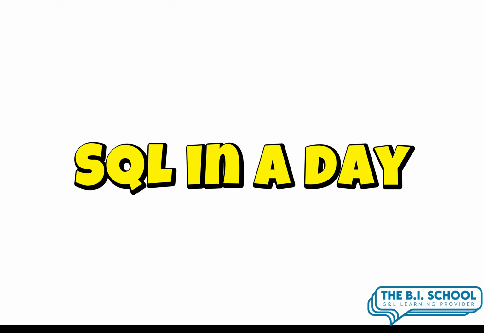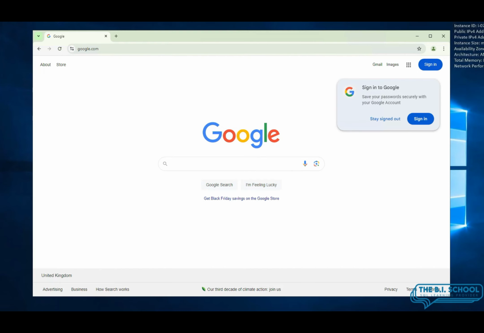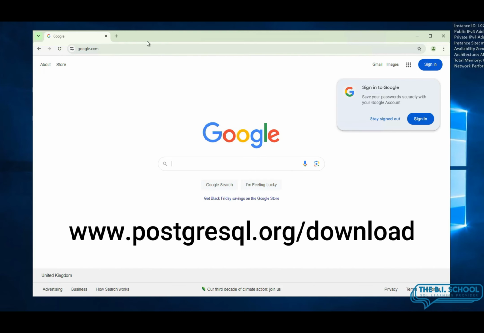Hi and welcome to this tutorial on how to download and install PostgreSQL, and it's a fairly simple installation. We'll run through that and then we will load up the training database for this program. So open up a browser and head over to